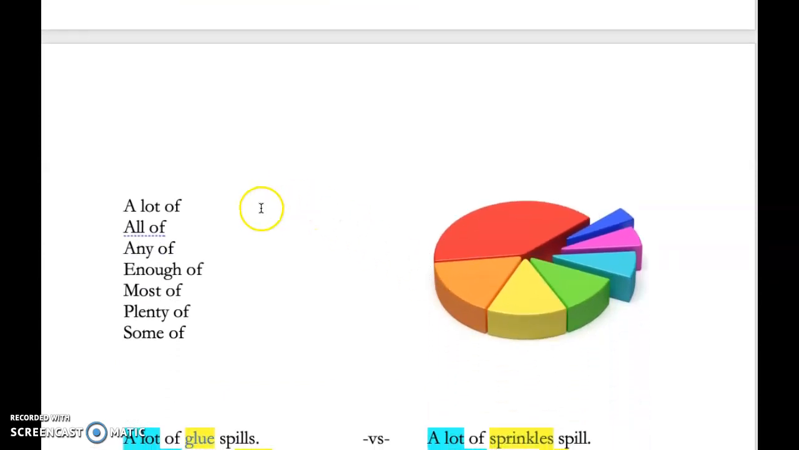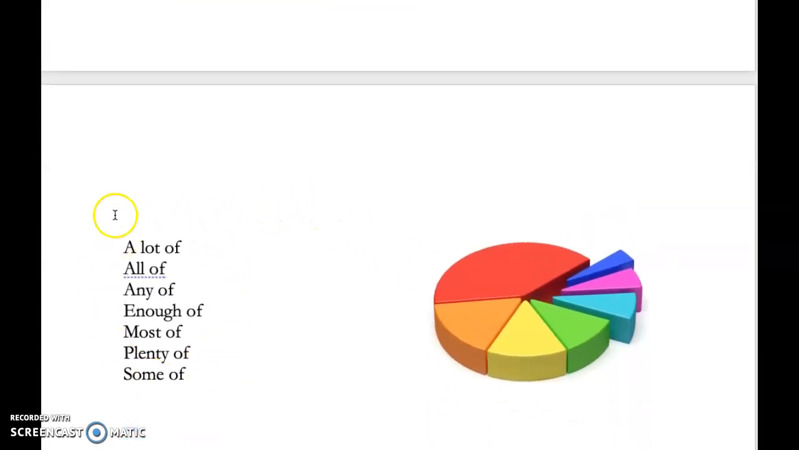Here are the phrases that put you into count, non-count territory, right? Any of the French fries are on the table. Any of the ketchup is on the table. Plenty of French fries are on the table. Plenty of ketchup is on the table. See that situation? But all of these phrases have to do with a certain proportion of a whole,